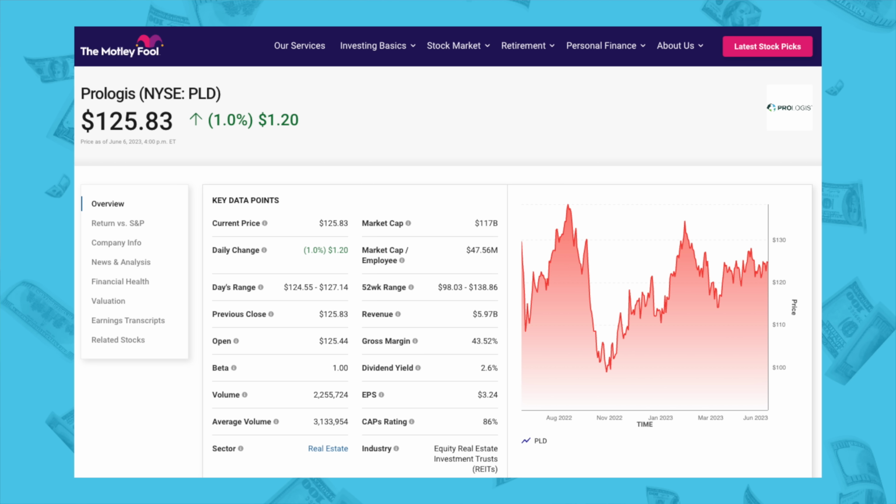Prologis is the largest industrial and warehouse REIT on the market today. The company has a market cap of $117 billion, and over the past 12 months, shares of Prologis are down 2%, but year to date, they've made a comeback, up 12% so far in 2023. One of the reasons I'm so high on Prologis is due to the growth and the growth moving forward within